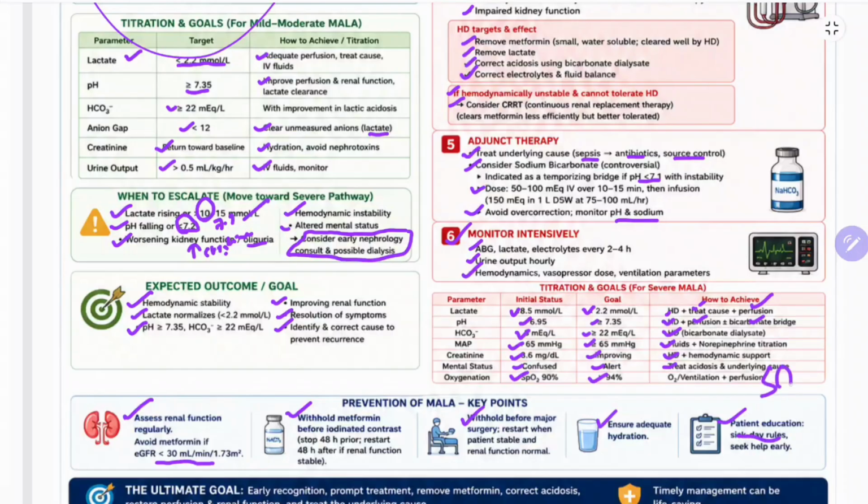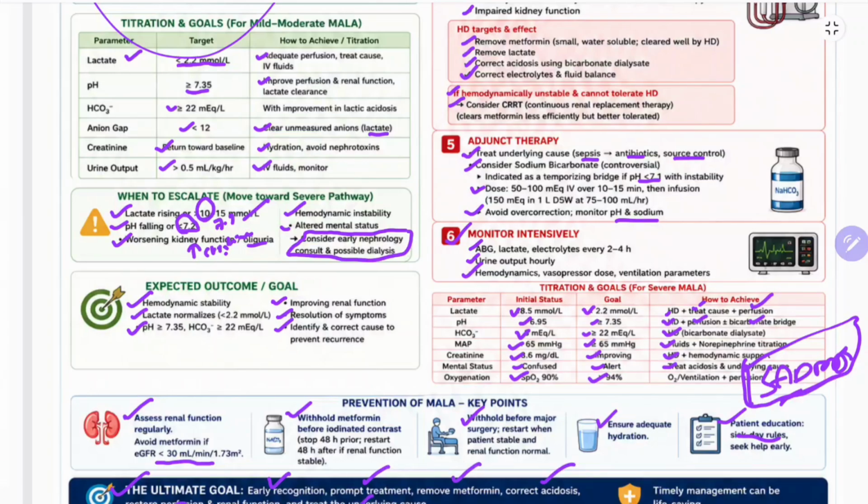I said, SADMANS protocol. So patient should be encouraged to take more fluids during critical illness, and whenever there is a condition of loss of fluid from the body, he should be told to stop this SADMANS type of group of medications temporarily. Okay, the ultimate goal is early recognition, prompt treatment, remove metformin, correct lactic acidosis, restore perfusion, renal